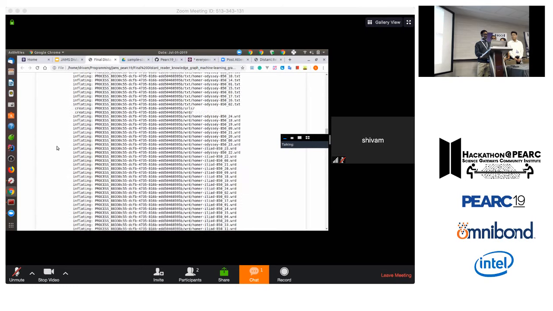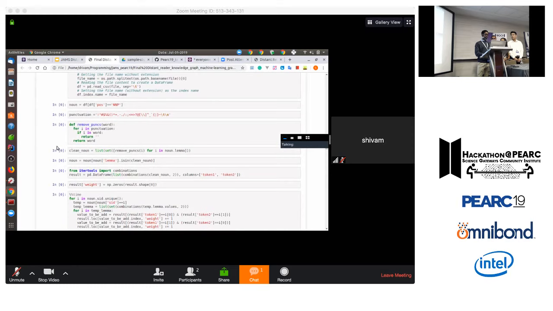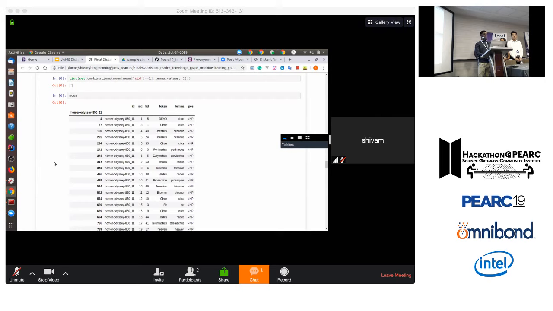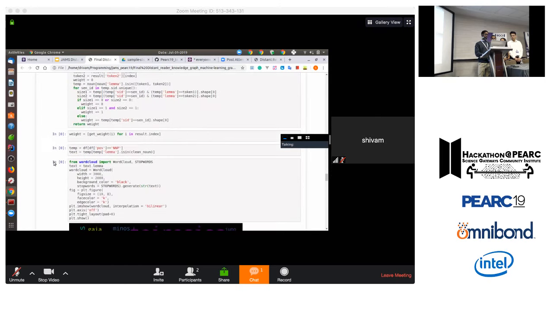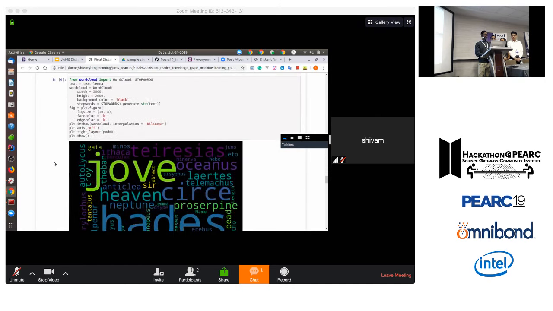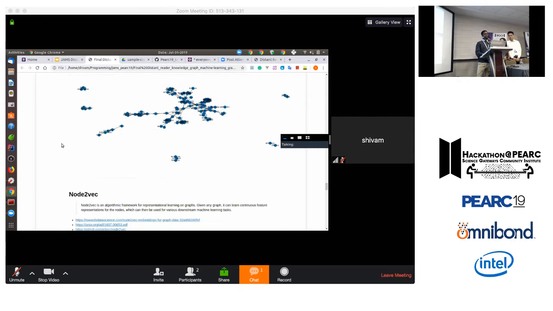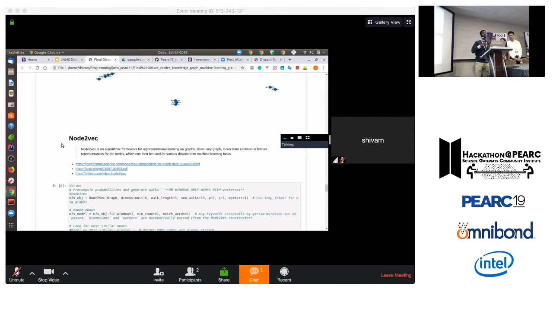and these are all the things inside, and then we clean it a bit, and then we get our tokens, we get our weights for the graph, and this is the word cloud, and then this is a NetworkX representation of the whole corpus. From this point on we start facilitating machine learning for the whole thing. The way we did that is we abstract our whole graph by using node2vec, so we vectorize everything,